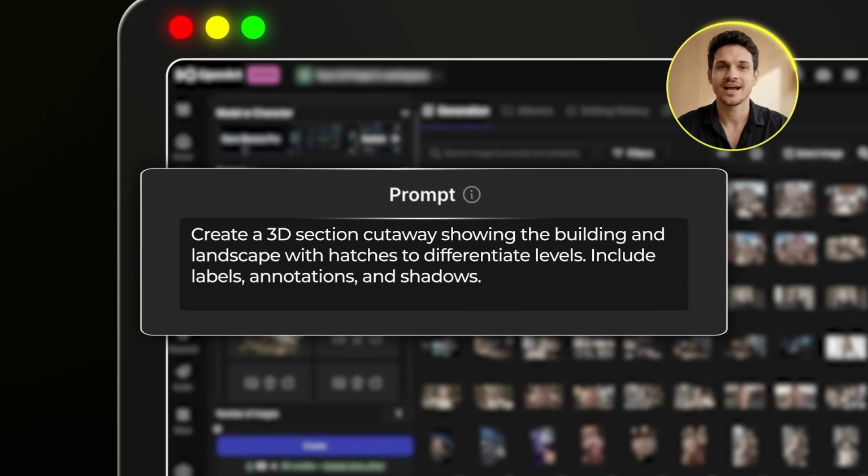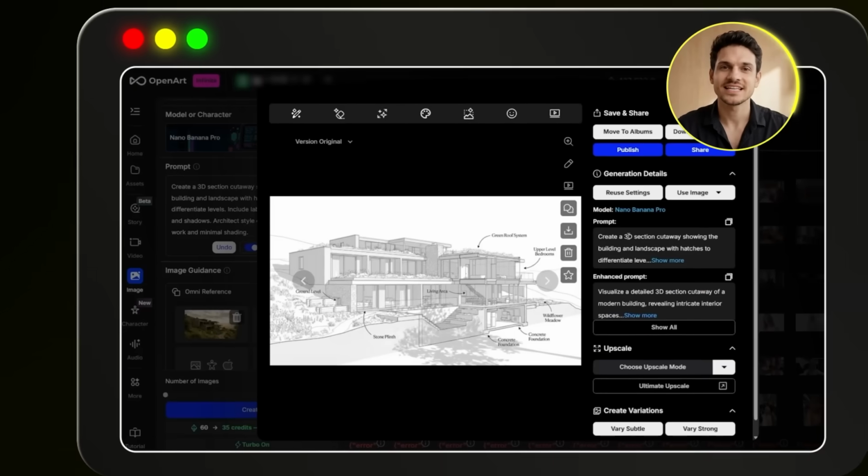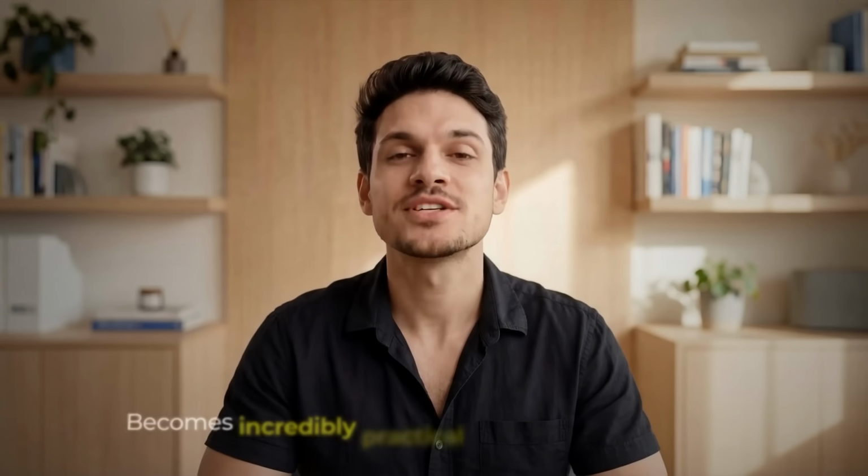If you want a more architectural drawing style, instead of this rendered look, you can simply adjust your prompt. Let me try architect-style drawing with line work and minimal shading. And now we've got something that looks like it came straight out of an architecture studio, with clean line work and professional presentation quality. Now let's talk about floor plans, because this is where Nano Banana Pro becomes incredibly practical